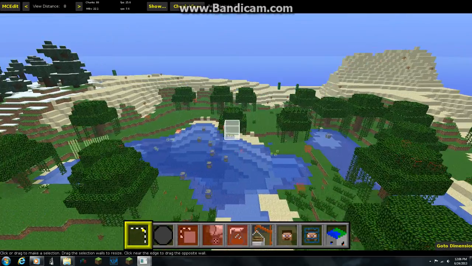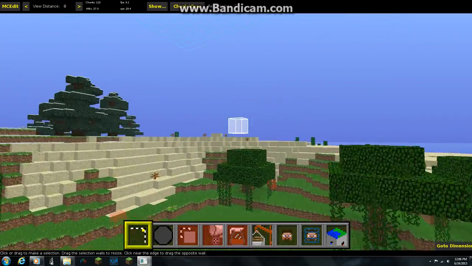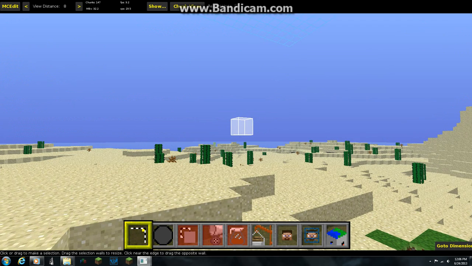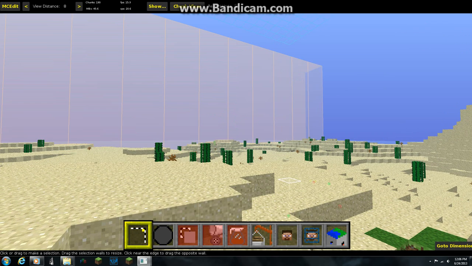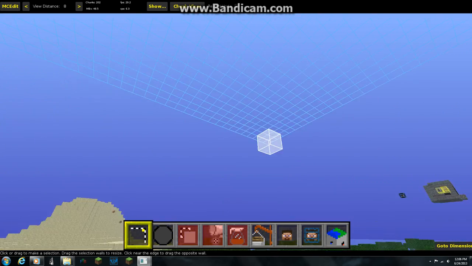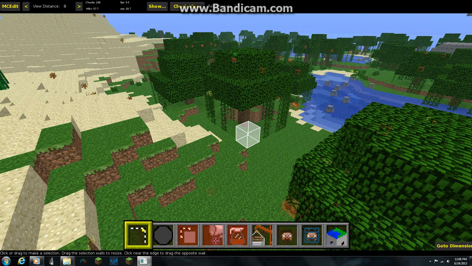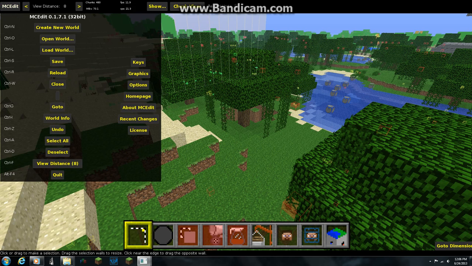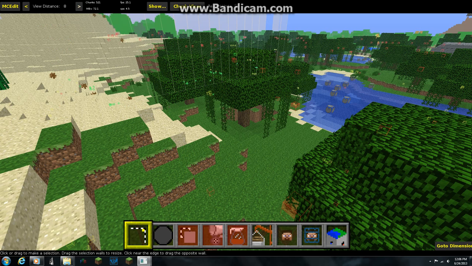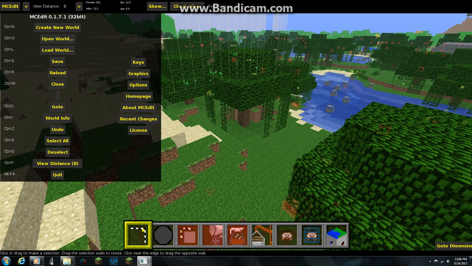If you know how to use MCEdit. Okay. So what you want to do now is click on MCEdit. Wait, I'm sorry, I can't find it for some reason. Cannot find what I'm supposed to be doing. I think it's MCEdit.